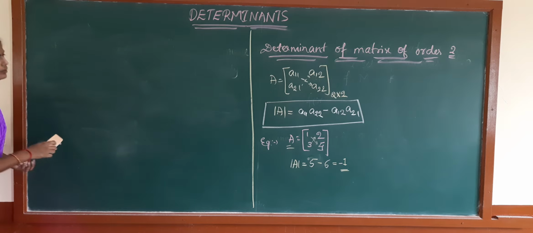So if we expand, what happens here? -1 raised to 1 plus 1 becomes -1 raised to 2, that is -1 into -1. This will again become a +1. So determinant of A equal to +1, and 1 into anything is 1. Therefore we leave this 1. Then write A11 into the determinant of A22, A23, A32, A33.